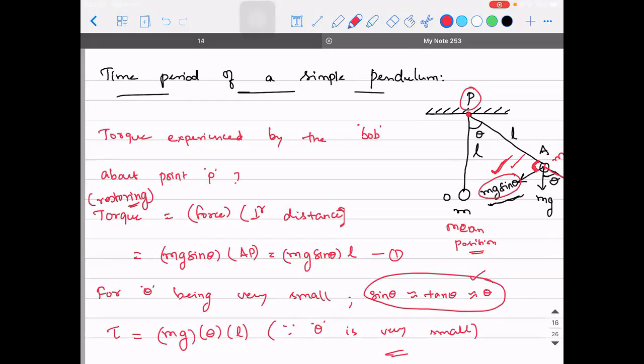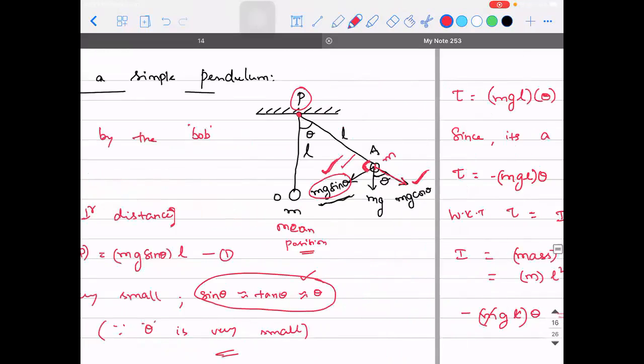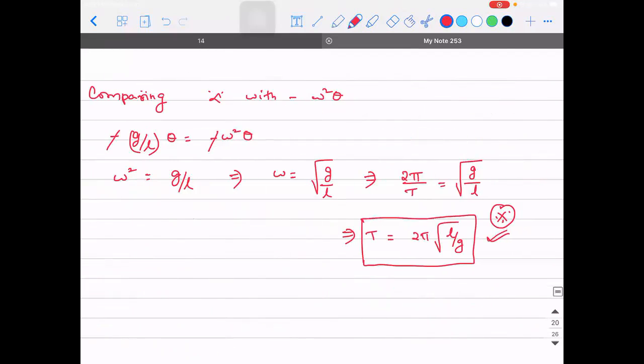So could you explain again why theta is very small, sir? That is how we take it. This formula is applicable only when the angle is small. We are considering it like that. It is not necessary that theta has to be small. You can pull it to whatever distance and you can do it. That is how the derivation is actually. But if you do it on a practical basis, how much ever angle you try to pull it to, because the final expression is independent of angle, right? Nowhere you have sin theta or cos theta. So how much ever angle you try to pull it and release, there will be a small variation, microsecond variation in terms of the values.